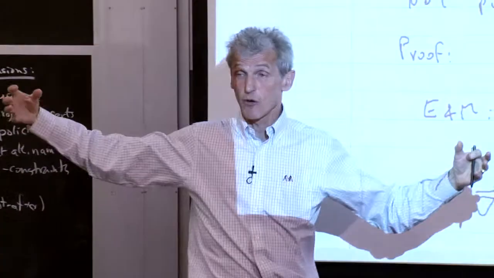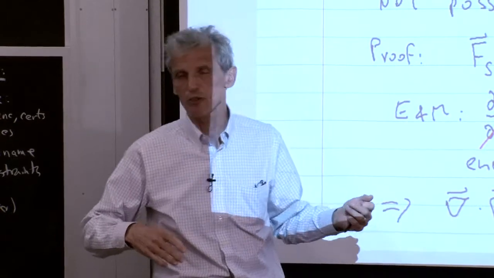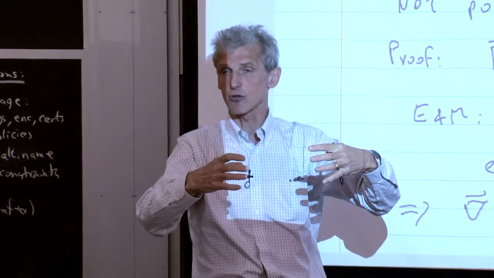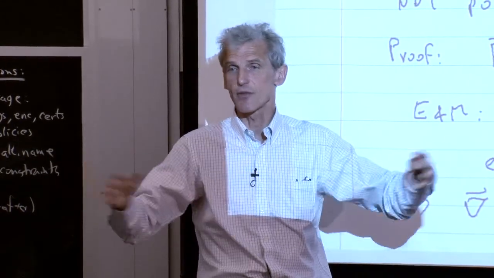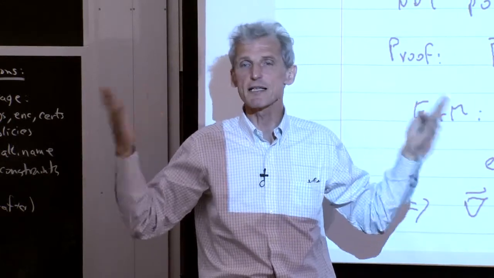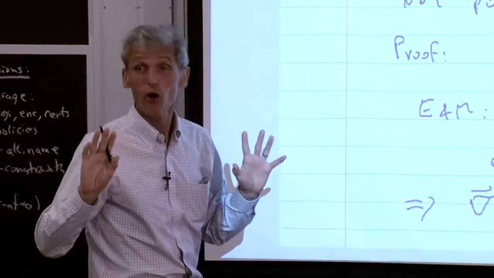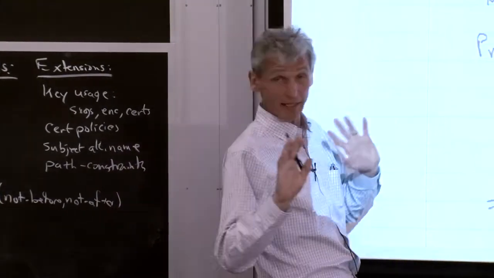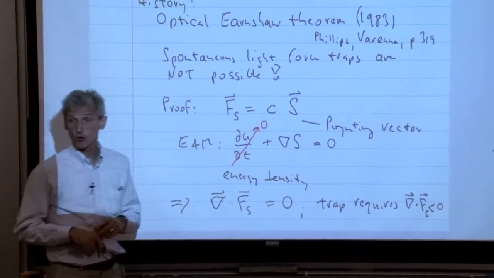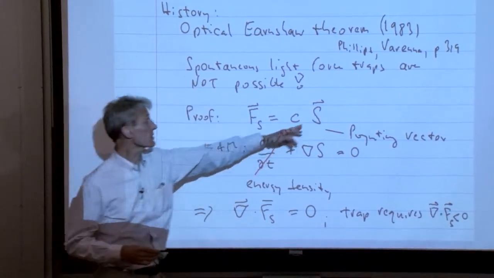The model for the spontaneous light force is that you have photons, and the photons are sandblasting the atom. Each photon is like a grain of sand, and the atom is then scattering the sand in all directions. You can really make this completely classical picture of the spontaneous light force. Almost. If you do that, you would say the spontaneous light force is proportional to the stream of photons, which is described by the Poynting vector.